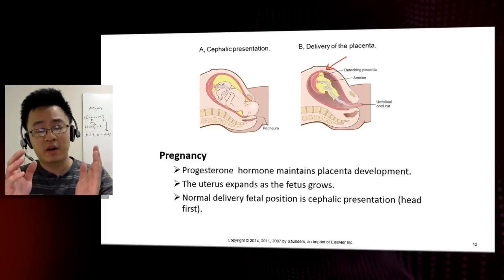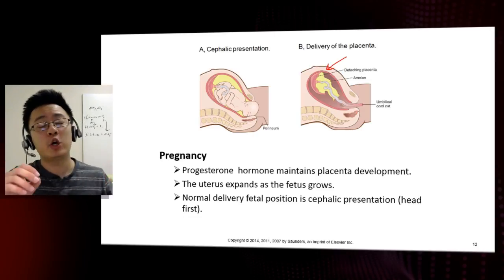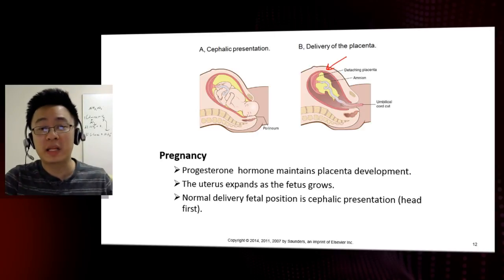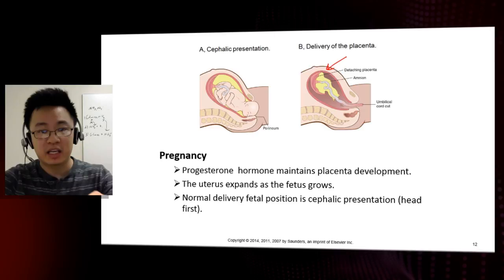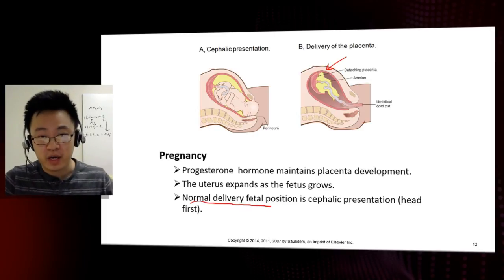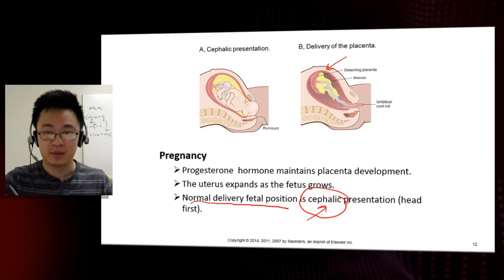If the mother just says, okay, baby's born, now time to take out the placenta right away, it could cause a rupture in the uterus and tears in there, which could cause a lot of bleeding. So we don't want to have that happen. You want to let the body naturally peel away that placenta and then give birth to the placenta. So there are two processes there, the birth of the baby and the birth of the placenta. And as I mentioned earlier, the normal delivery fetal position here is cephalic. What does cephalic mean? Pertaining to the head. Okay, so the head comes out first.